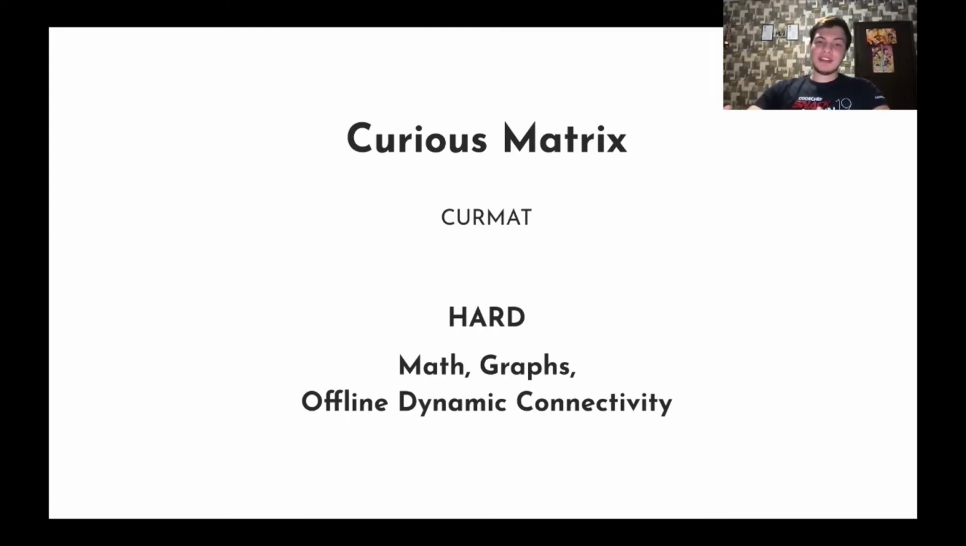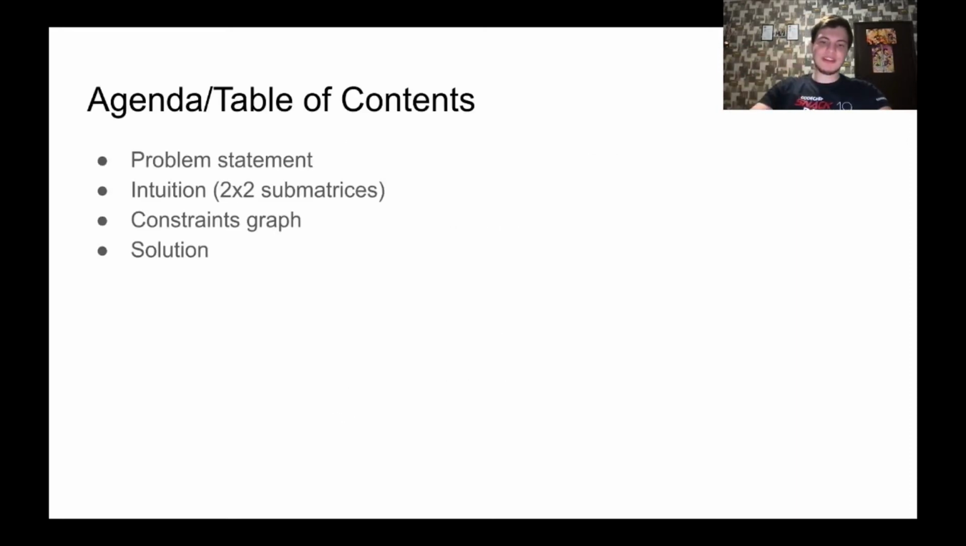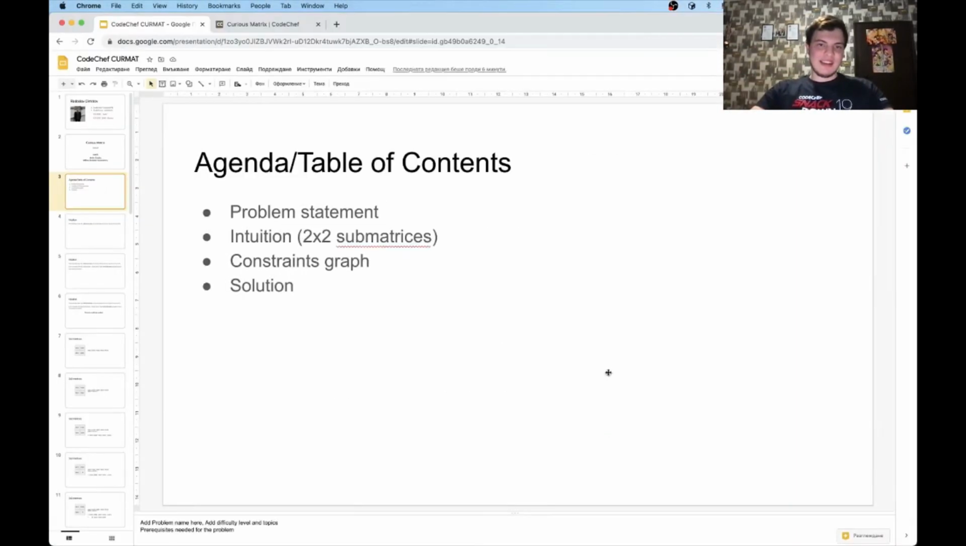So the problem was called Curious Matrix, or CURMAT, and it was mostly about some math concepts, but then you had to actually reduce it to a graph theory problem, which is actually the cool part in the solution. But without further ado, let's go to the problem statement. All right, so